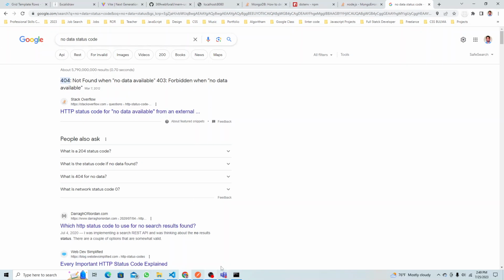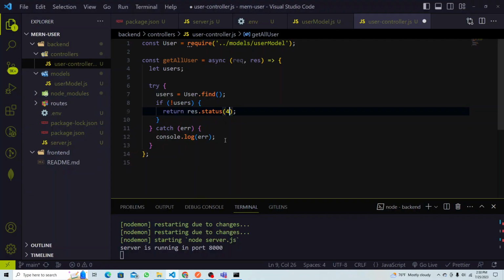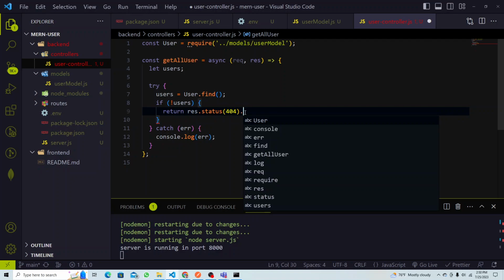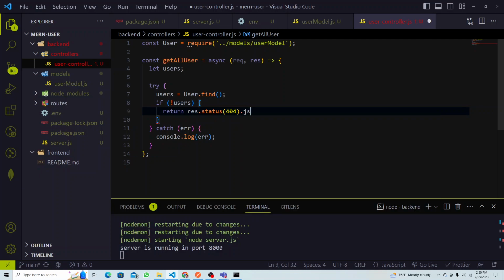So we can call it 404. These are the browser built-in status codes, and we represent them with a number so we know it means not found or something like that. That will be our status if there is no user returned from here. And also you can send the message, so that is .json